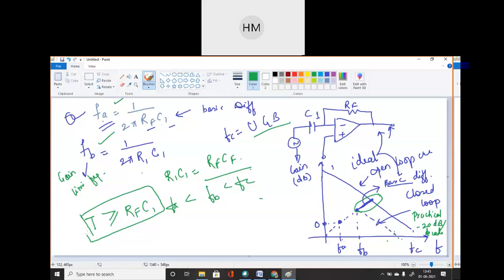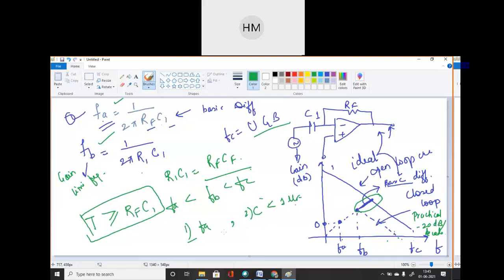Now write down the next step. What have I done? The very first step was that I selected FA. You have learned all these derivations. First step was selecting FA, which was given in the question. Second step, assuming C less than 1 microfarad, I have all the formula for C. We have to design a differentiator circuit for given parameter conditions. To design this circuit, I need some values of resistors and capacitors. To find those values, I am using these steps. So I assumed C as 1 microfarad.